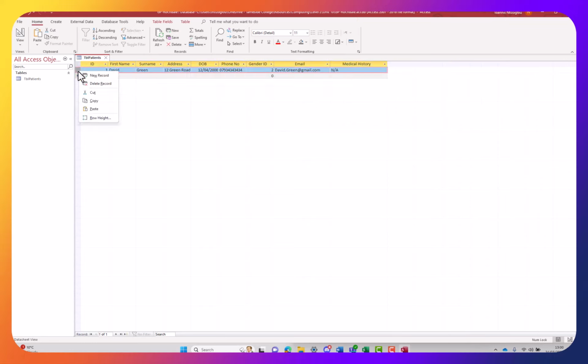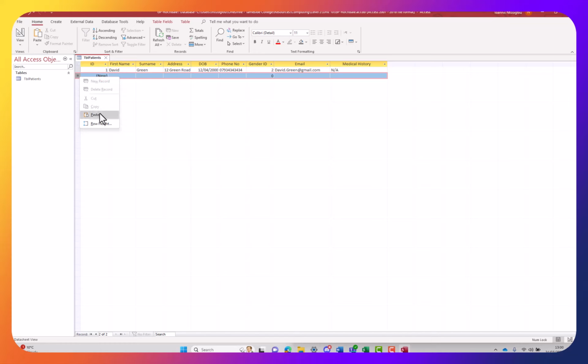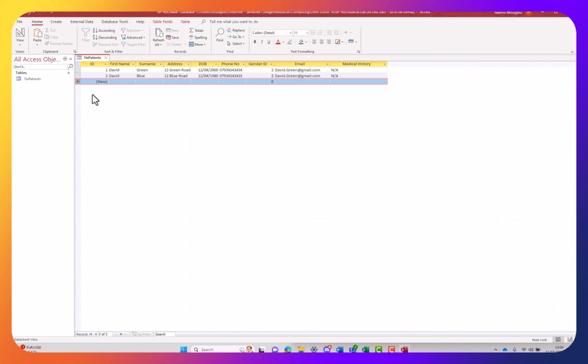I'm just gonna right click here and select copy, right click and select paste, and I'm just gonna make this blue, change that to Blue Road, change the year to 1980, change the number to 5, we'll leave the gender as it is, and then I'm gonna right click again and select paste. Here I'll need to change that to blue,